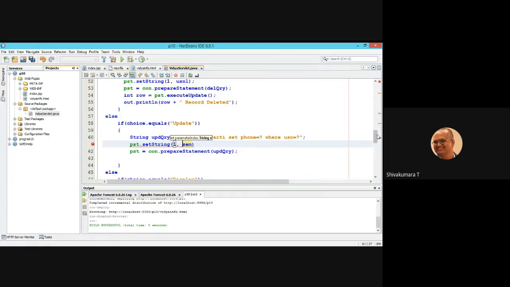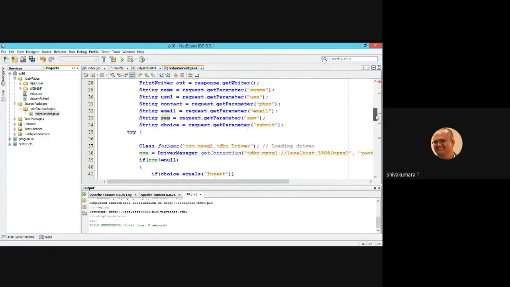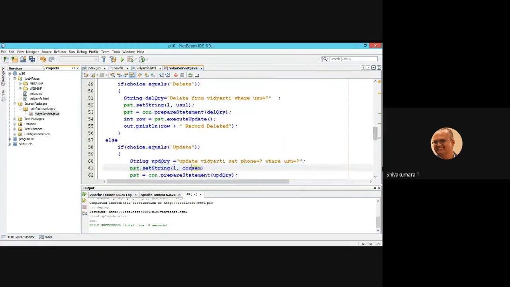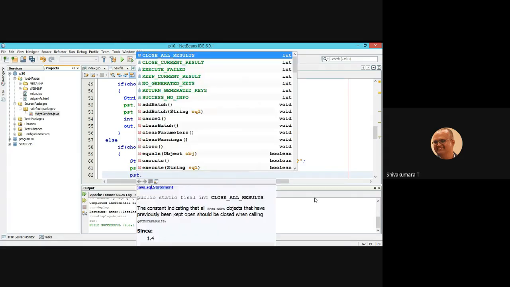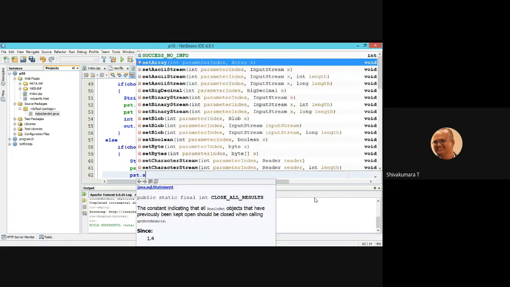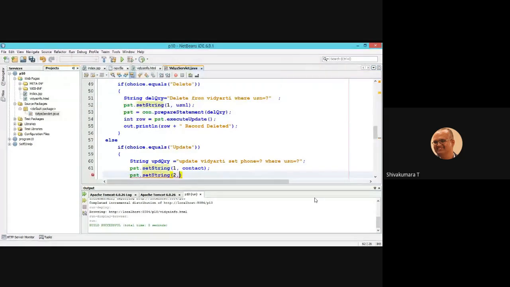What is this for? It is the contact; you set the contact value on the fly for index 1. For the second index, PST set string index 2, the value you collected above, USN 1. Based on that USN, the corresponding contact is going to be updated.